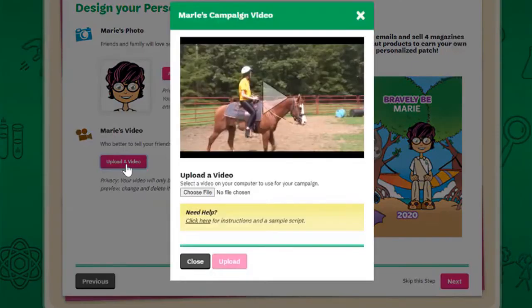you'll see this pop-up window. The default video is what you see here in the pop-up window. And if a girl doesn't make a video, it's going to be the video that people see when they access her storefront. And that's fine. However, friends and family love to see a girl's own video, and that's why we encourage girls to make one